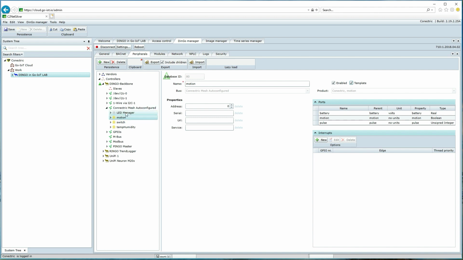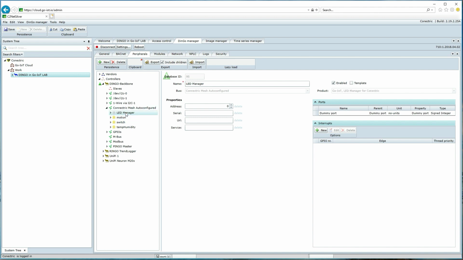The fourth one, the LED manager, is only intended for installations on Dingo hardware, where we can use one of the LEDs on top of the box to monitor traffic back and forth from the Conectric USB stick. So it's a blinking LED, green for outgoing packets, red for incoming packets. So that's the templates for the